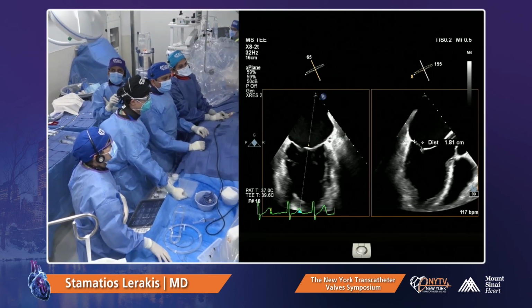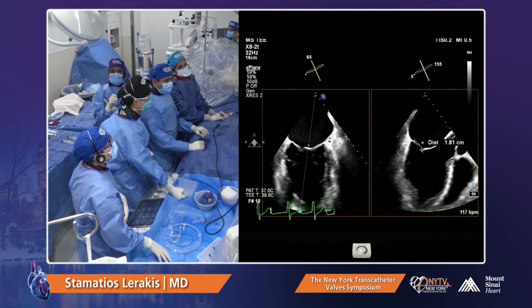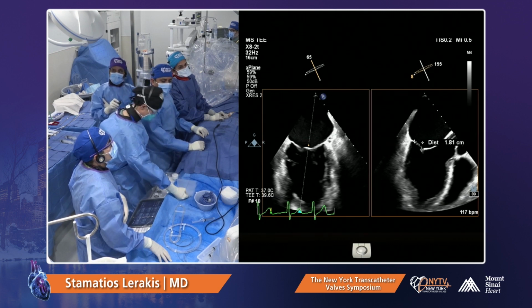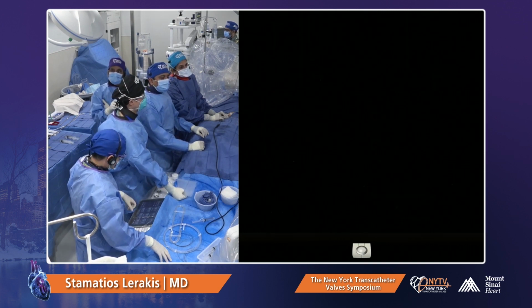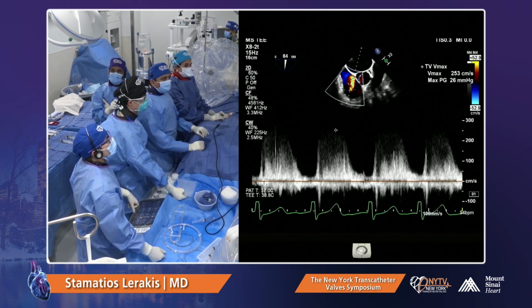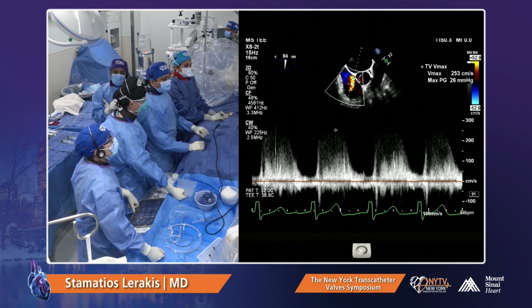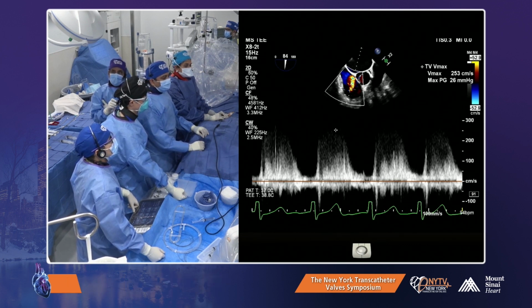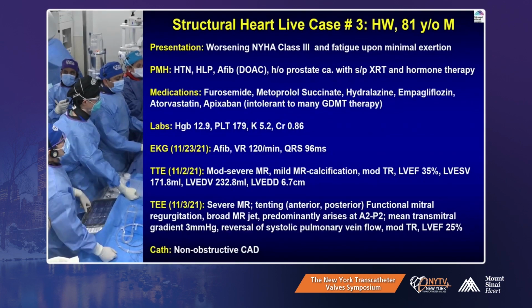We measured the leaflet length. The posterior leaflet is 1.8 centimeters. The anterior, there's no problem, is about 3 centimeters. This is a moderate tricuspid regurgitation with a PA pressure of about 35 to 40 millimeters of mercury. Thank you. Okay, so let's go back to the slide, and I'll just end it